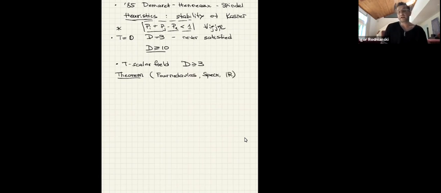Informally, the theorem says the following: for all perturbations of a Kasner solution satisfying star, the resulting solution